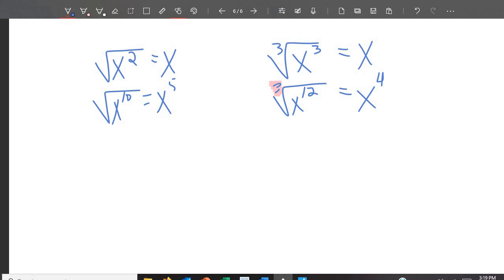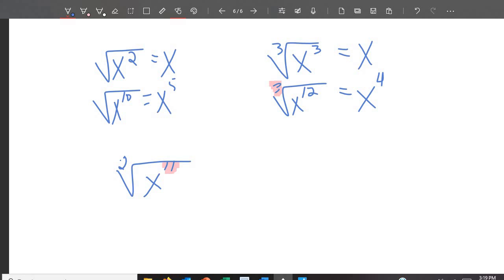Okay. Suppose, though, I gave you this. X to the 11th. Well, what's going to happen? I can't divide. Now remember, our index of a square root is 2. I can't divide the 11 evenly by 2. So how in the world am I supposed to do this if it doesn't work? Well,